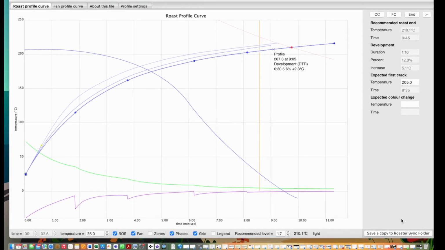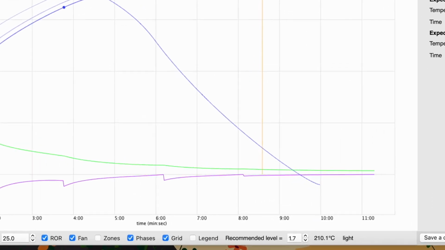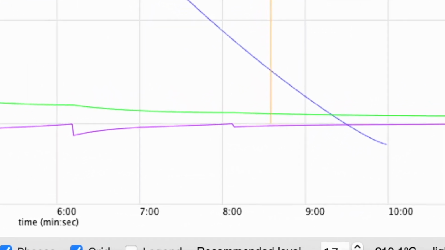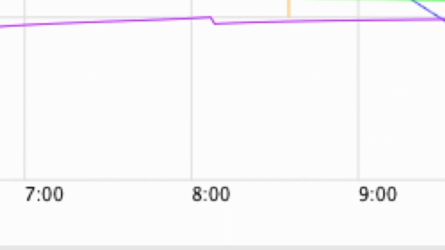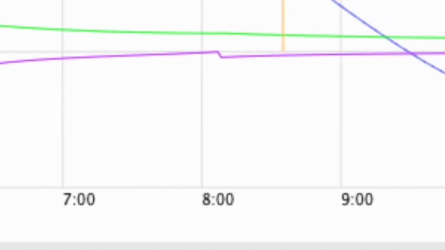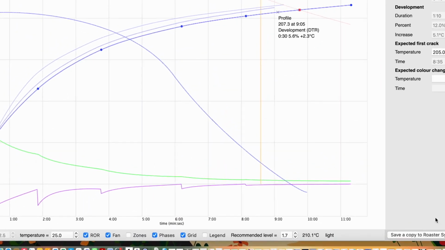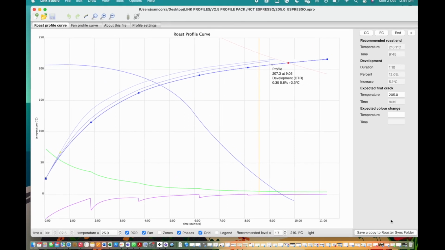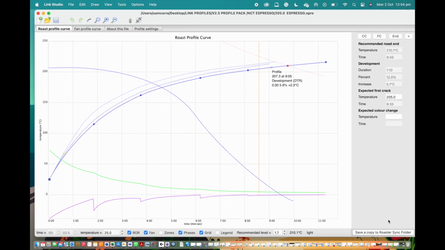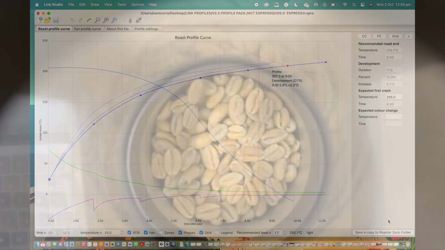The next point to bring to your attention is the overall time of the roast. If you have watched previous videos on the Linc Espresso Profile Pack, you would have gotten a detailed explanation of how the Linc is a fluid bed roaster using hot air as the primary conduction of heat. Without repeating too much of that in this video, here is a shorter summary for those not familiar.